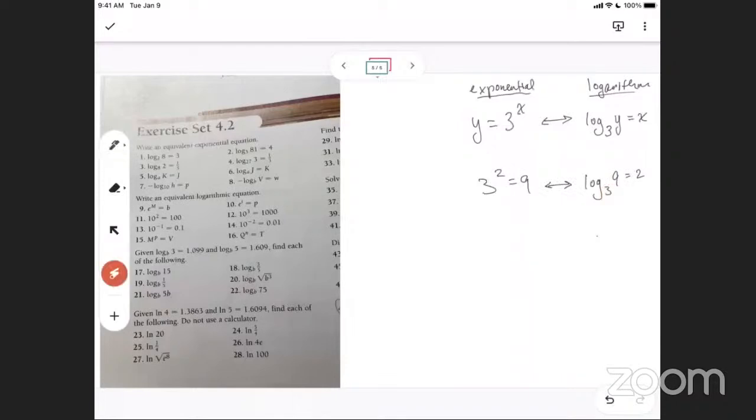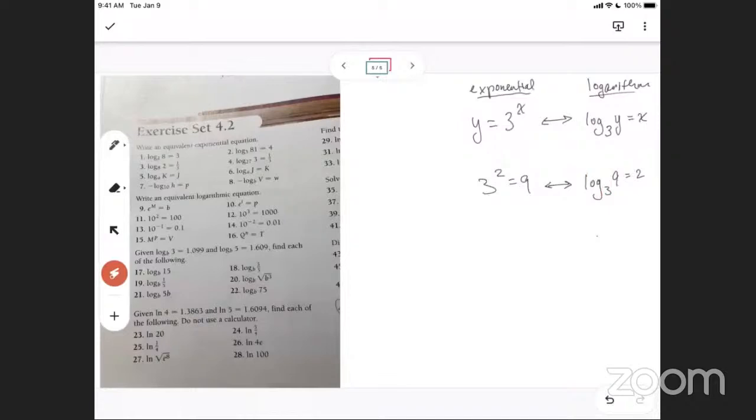I knew that 3 to the second equals 9. And I understand how logarithms work. So if I said, hey, what's 3 to the second? What would you say? Yeah, you'd say 9. If I said, hey, what's log base 3 of 9? You probably wouldn't know what to say because you don't ever deal with that. But I'm telling you, the way to deal with it is you ask yourself, oh, well, that just means 3 to what power equals this. Okay. So you'd say, oh, it's 2. Okay, that's logarithms. That's kind of the definition of a logarithm.